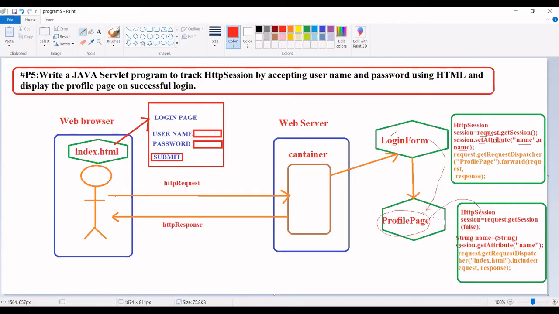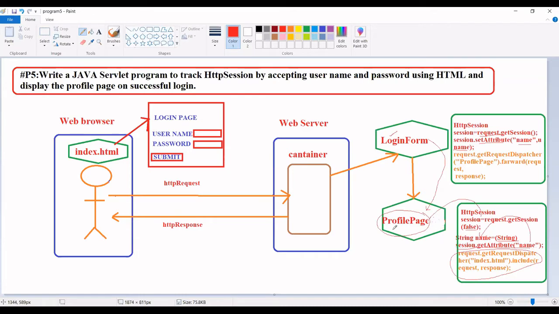Here I'm going to use session.getAttribute to retrieve the name, and I'm going to store it in name. Before storing it, I'm going to explicitly convert it to a string. Here I'm using setAttribute to set the name, and here I'm using getAttribute to retrieve the name.